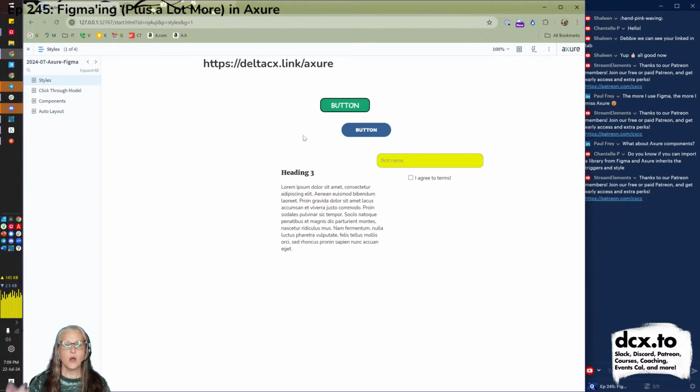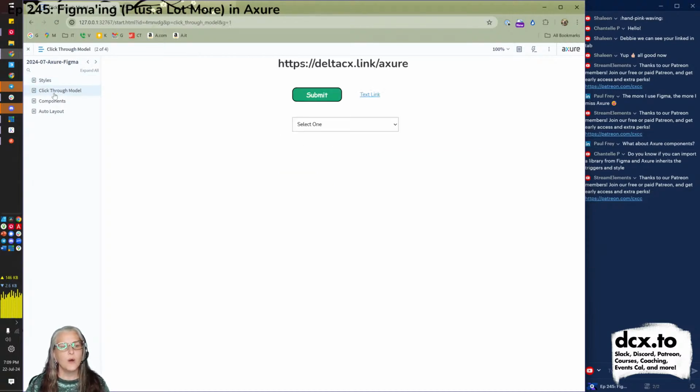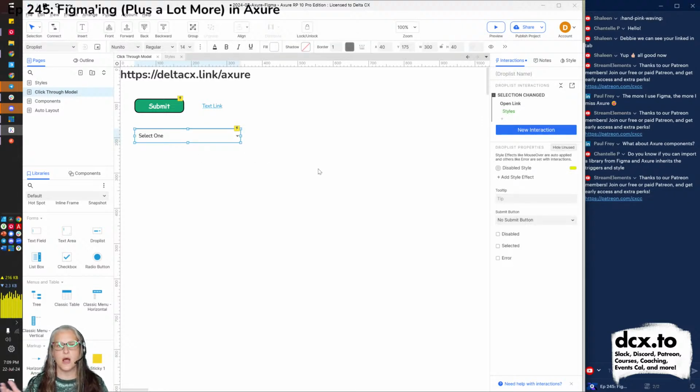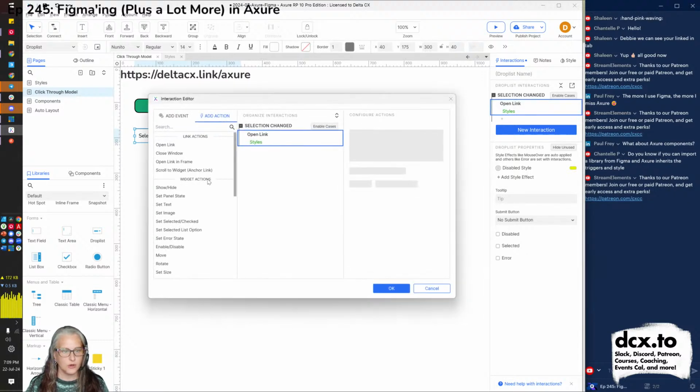Okay, that worked. We're on the styles page. But what if I only want that to happen if they pick Tuesday? Because I want something different to happen when they pick Monday. And again, Axure has so many things that you can make happen. It goes way, way beyond linking. People who are used to using Figma are used to the idea that, oh, when people interact with this, we've got to move to another screen or overlay something. With Axure, if we go back here, let's open up our editor.